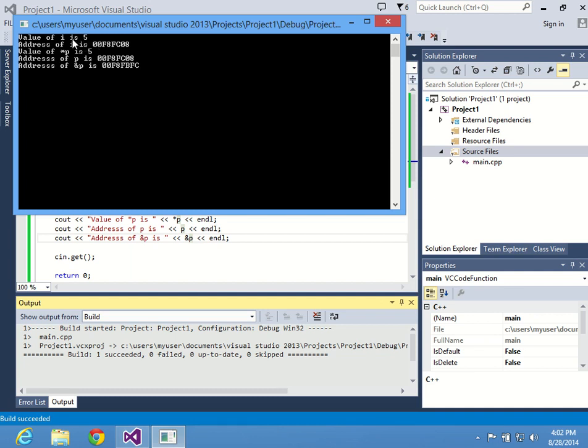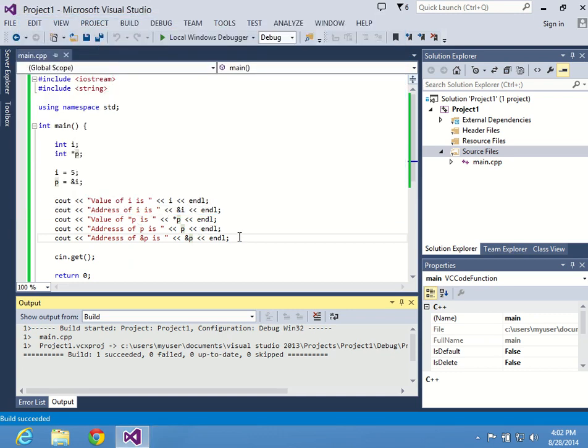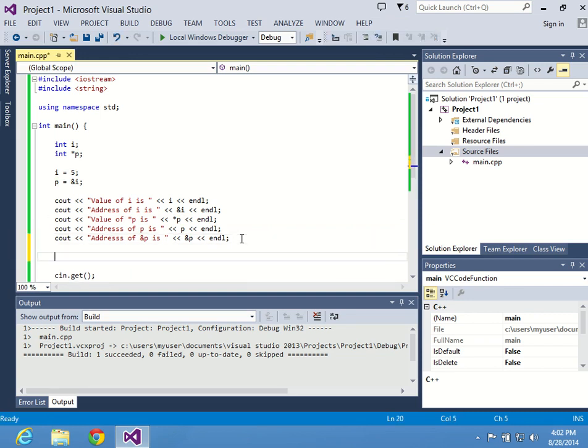So we have our automatic local variable that sits on the stack, which is going to be 5, and we have its address, and then we have our pointer, which knows how to point to that, and then we have the address that it's pointing to, which matches that. So let's have a little fun with this. So say we start to change things. So now instead of i equals 5, we say i equals 7,